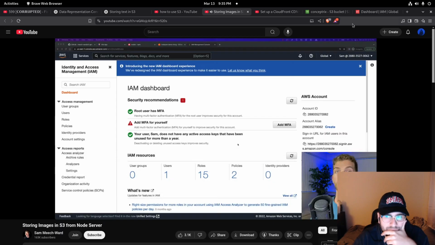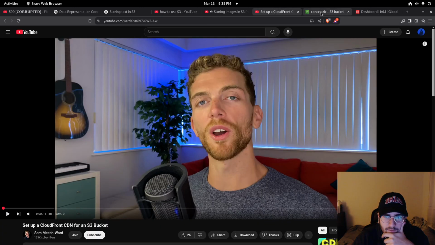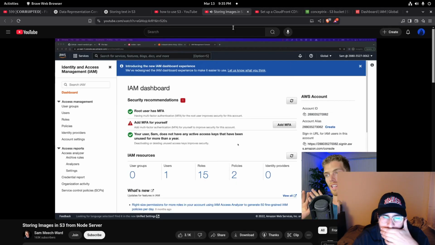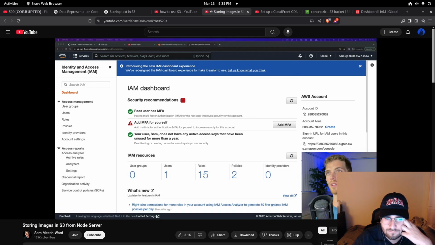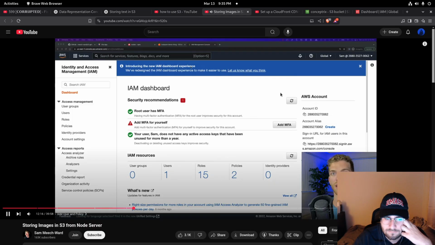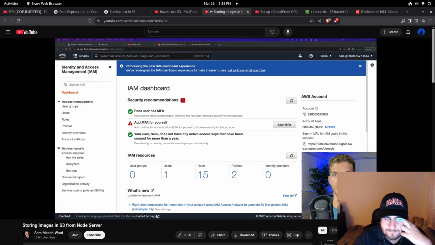Yeah. One is a user. We're going to create a user that will represent the web app, that will allow the web app to access the AWS account and access the S3 bucket. The other thing we need to make is a policy. And a policy is the thing that defines the rules for what can be accessed by a user. So I want my Express application to only be able to access that S3 bucket and only access it in very specific ways. So the first thing I'm going to do is set up a policy to define exactly how it can access the